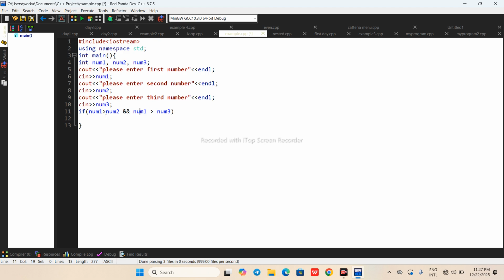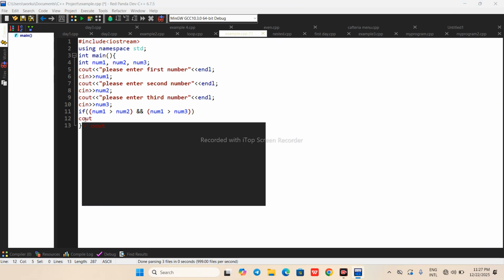So simply we can put this in double quotes. Here, if num1 is greater than num2, and if num1 is again greater than num3, so